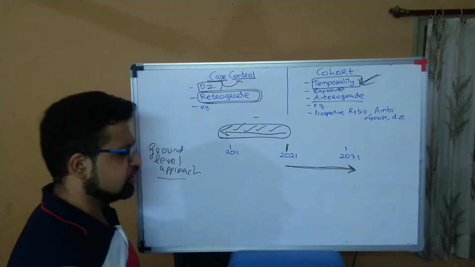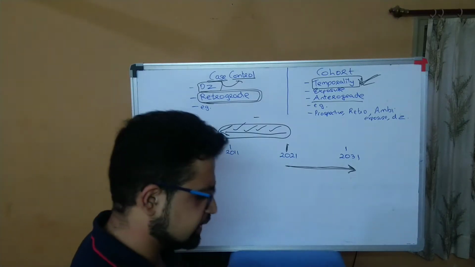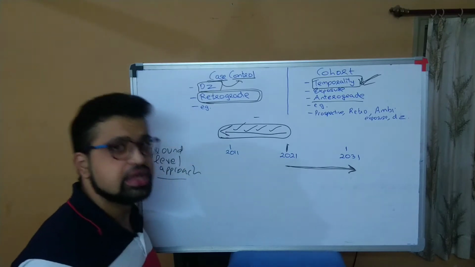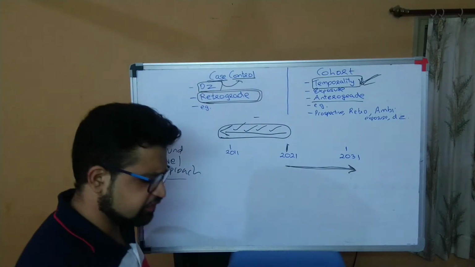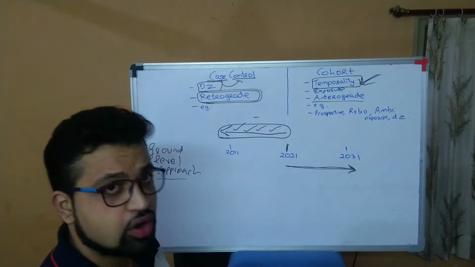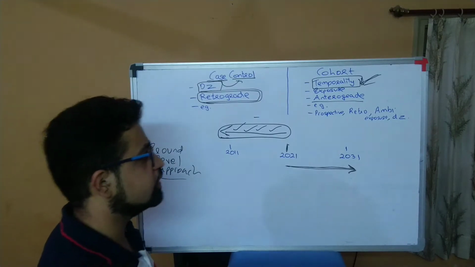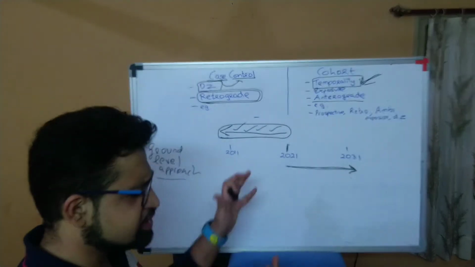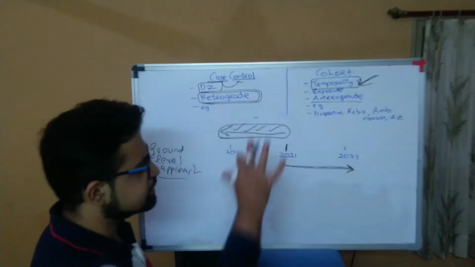As a clinician, you want to study, so you will be calling those 100 subjects who are working in an industry having asbestos exposure every 6 months. Every 6 months you are going to follow them up. So funding would be required. We'll study all those factors further. This is the basic idea.